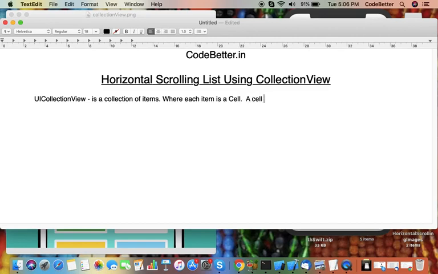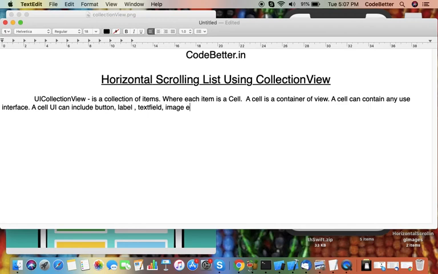A cell is a container of views. A cell can contain any user interface. A cell UI can include a button, label, text field, image, etc.